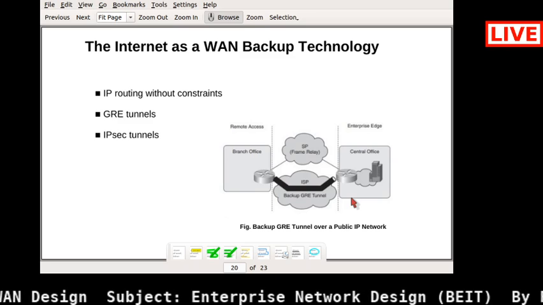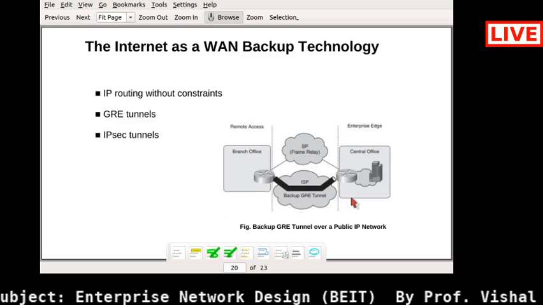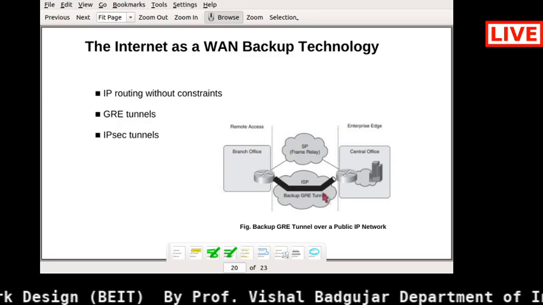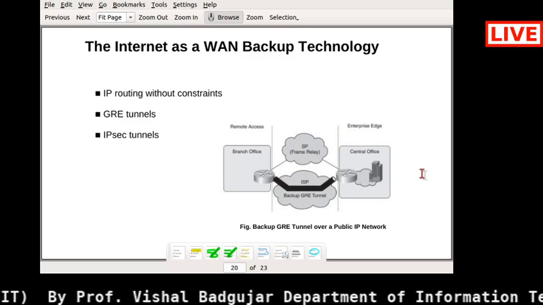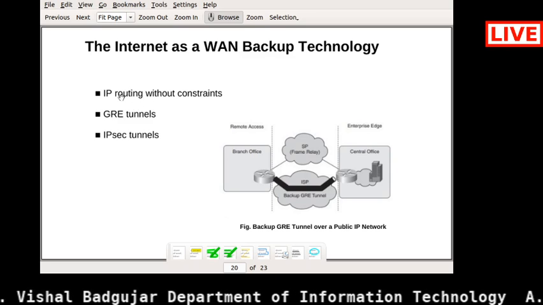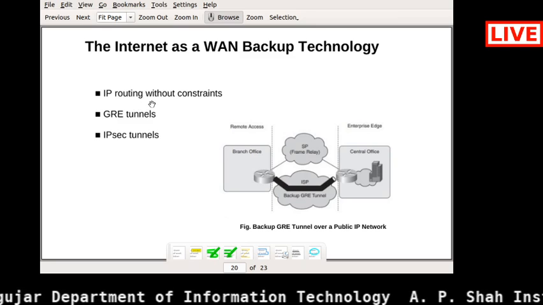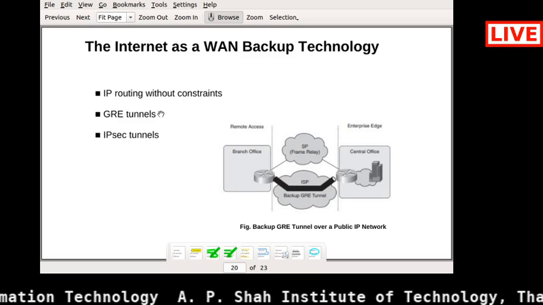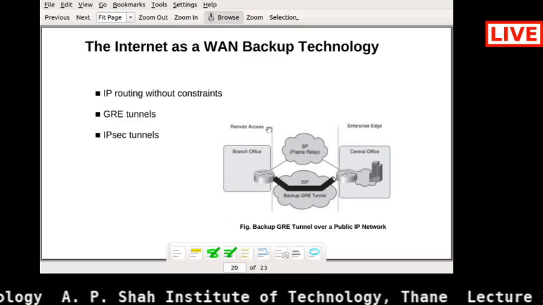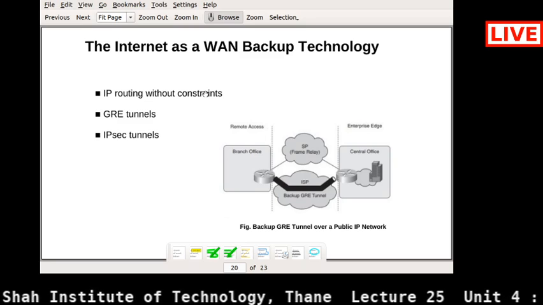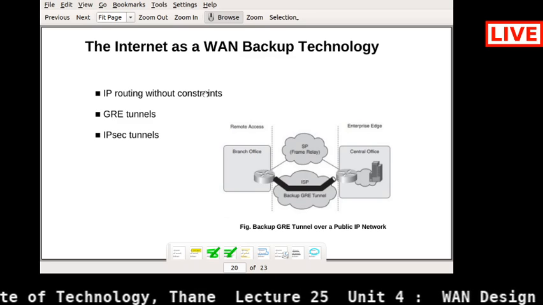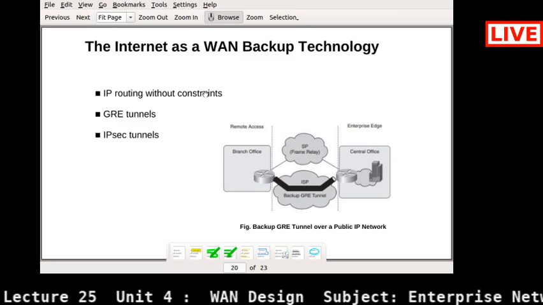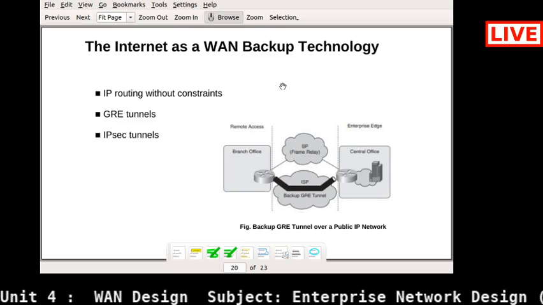I have listed here IP routing without constraint, GRE tunnels, and IPsec tunnels. We will see one by one how they work. For example, take IP routing without constraint. If you are relying on the internet to provide a backup for your branch offices, whatever company cooperates with that internet service provider and announces it as their network,